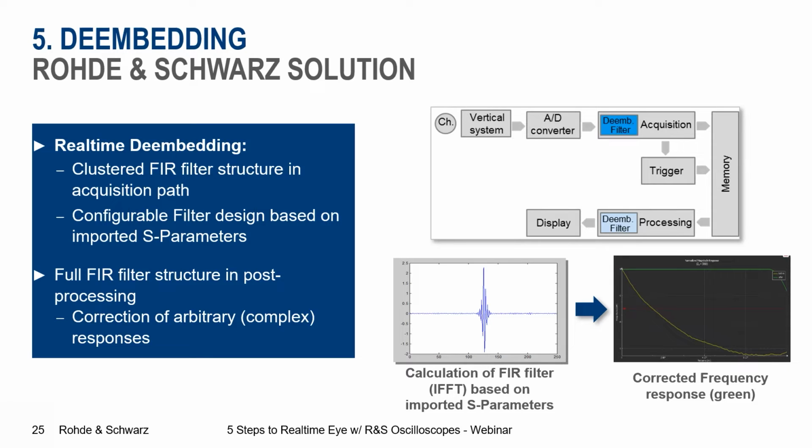So typically, the transmission loss correction, the de-embedding, is done in the post-processing. Post-processing, I think I explained this several times, means additional time that I lose in the post-processing before I can analyze my data. So therefore, our developers came up with a smart idea of having some filter capabilities, some correction capability in the real-time path. So if you have a look at this high-level block diagram of our oscilloscope, we see, of course, the signal channel again with the channel input with the AD converter, and then within the acquisition unit, before the data go